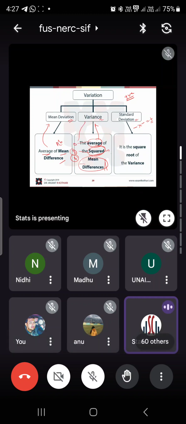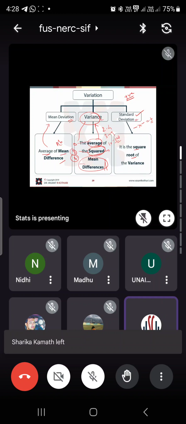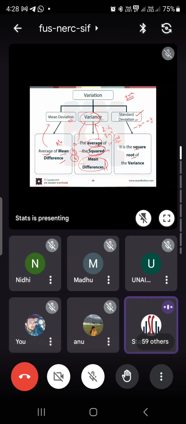Now here when we square, we multiply each number by itself. 2 becomes 4, 3 becomes 9, 10 becomes 100. We explode the numbers, so we need to neutralize. So we took the square root of this variance, and that becomes the standard deviation. So I repeat once again, listen carefully.